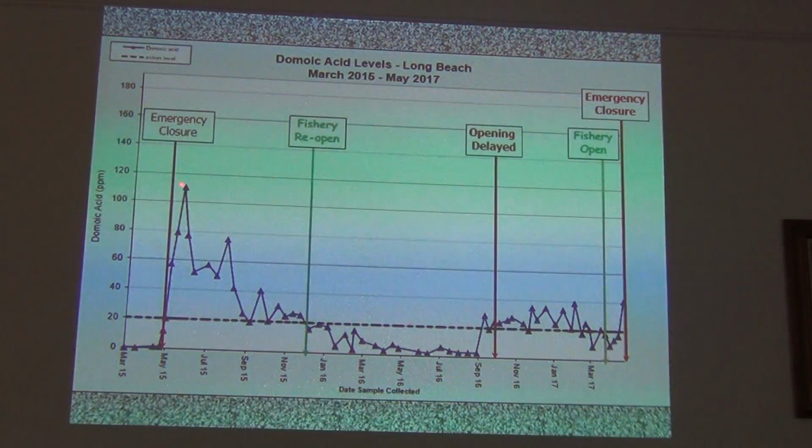You can see it went up over 110 at Long Beach, and it took all this time to slowly drop out. The toxin itself was gone pretty well before we got into summer. But it took all that time for that toxin to drop out, and we finally reopened the fishery in January. And then for the rest of the season, it remained good. We had done our stock assessment, getting ready to reopen, it popped back up, not as high at all, but it still persisted in losing its toxin